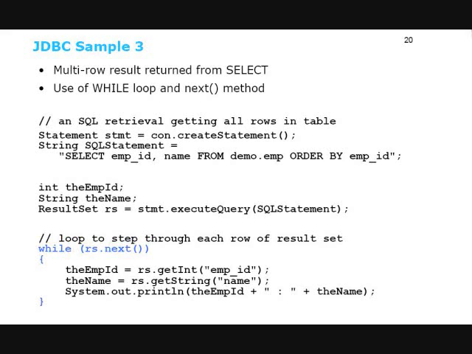So that is going to allow me to navigate to the first, and then the second, and then the third, until I finish. And what I'm going to do there then is for each of the rows, I'm going to select the empid using the getInt method, the name using the getString method, and I am going to output them to the calling environment, and then I'll do it for the next one, and then I'll do it for the next one, and so on. So if I run that program,